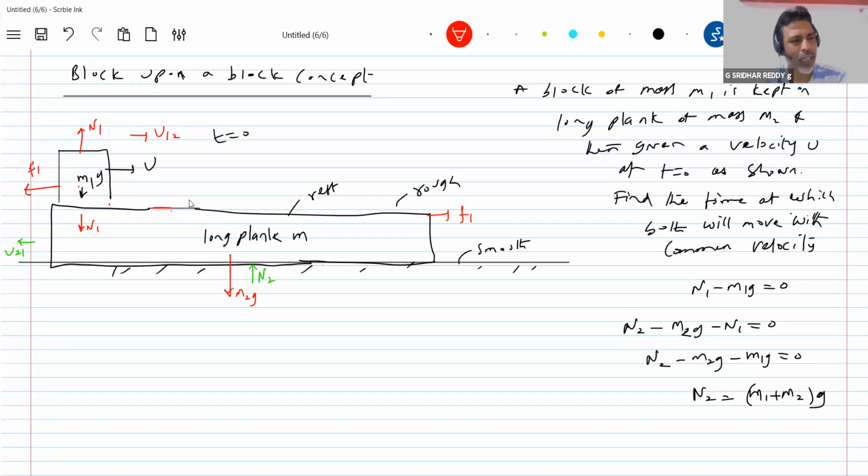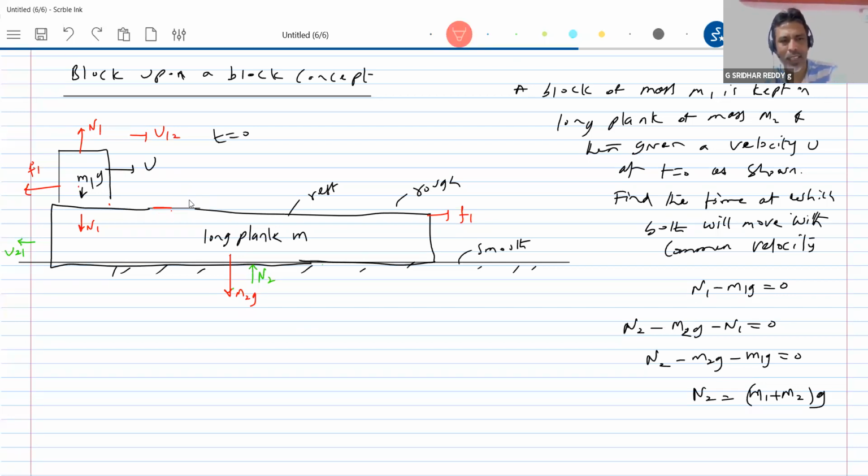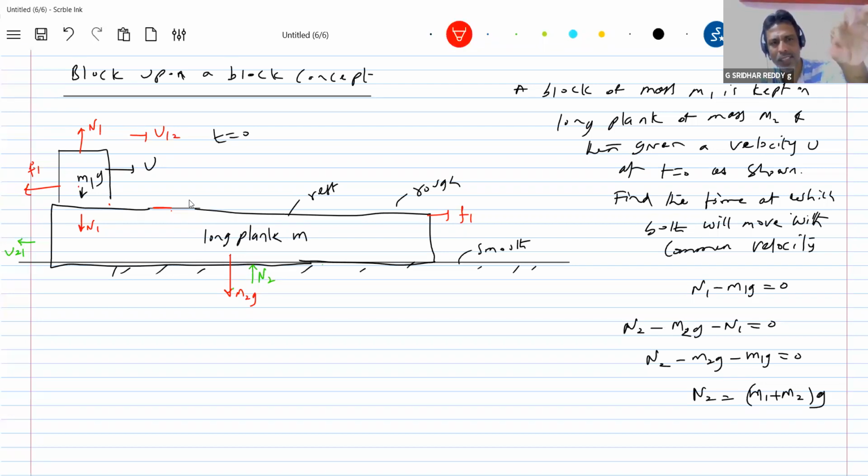So you can try this. Take a compass box, keep it on the table, keep one eraser, and just strike the eraser like this. You are imparting some velocity, then you can see what happens. Provided the surface between the compass box and the ground should be smooth a little bit so that the plank can move. In practice, this cannot be smooth, it would be rough between the plank and the ground. We are discussing an ideal case.